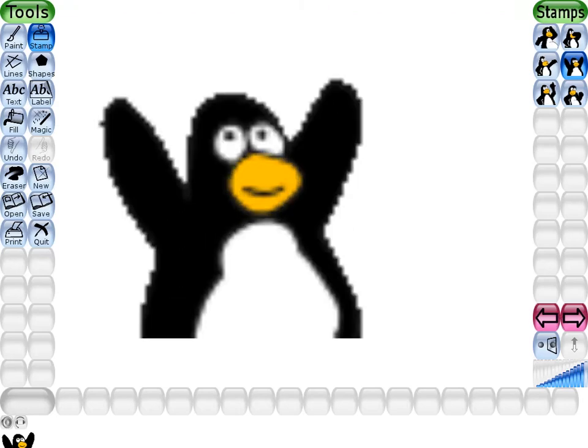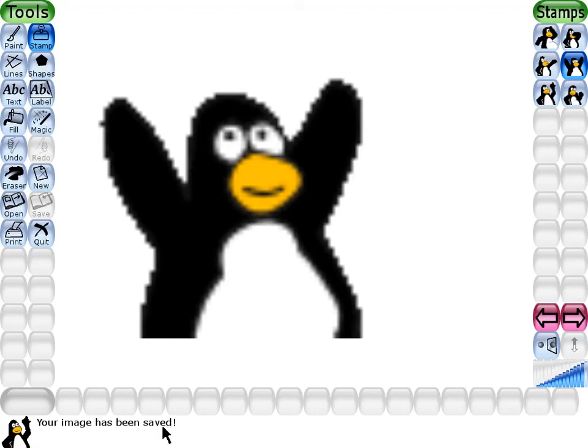Now let us know children how to save picture in TuxPaint. The save tool is used to save your current picture. You can open a saved picture later to view or edit it. To save a picture, first click the save tool in the toolbar. This is the toolbar children, and click on the save tool. This is the save tool. Click on the save tool. Your picture is saved in the list of saved images. Your image has been saved.